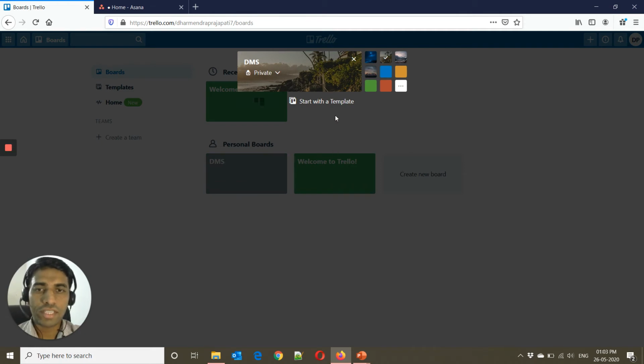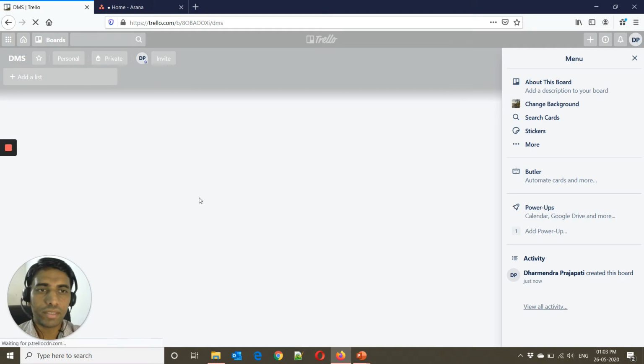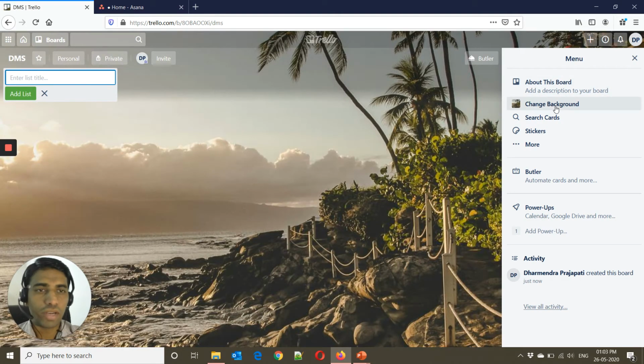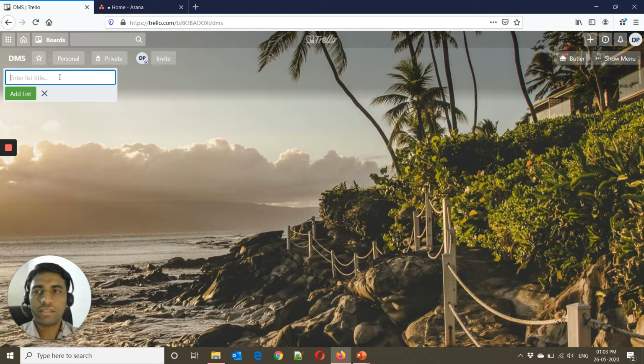Once the board is created, I can go inside the board and see all of the details, and I need to define the workflow, what will be the workflow of this project. So first we can define the flow, for example, an in progress or pending list.